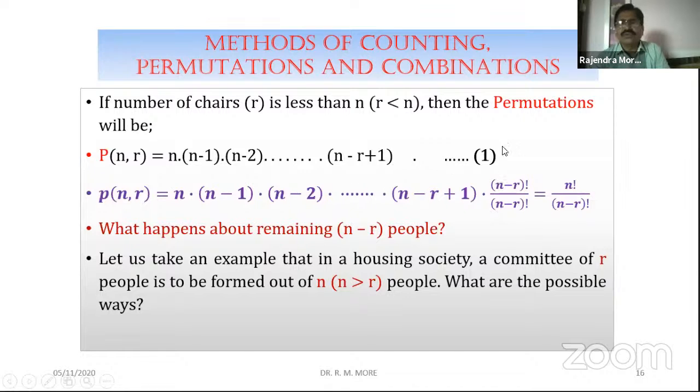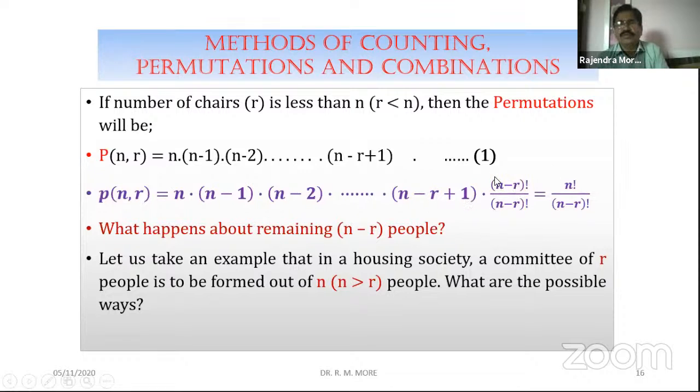Okay, so this is equation number 1. If you remember, this is slide number 16. This equation we will use further. Now just a small manipulation is done in this case. P n r is equal to, of course these terms are drawn below, and (n minus r) factorial is multiplied and divided to the last term. If you make this calculation,